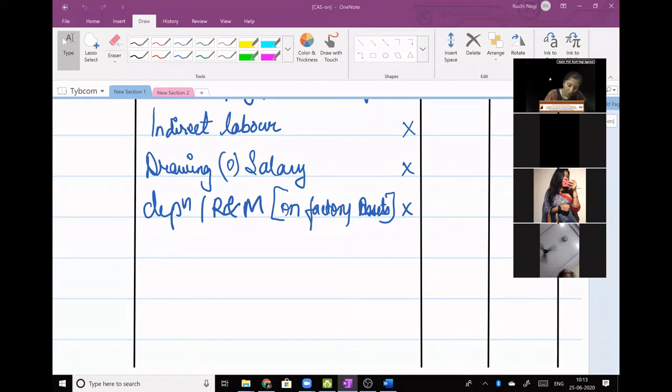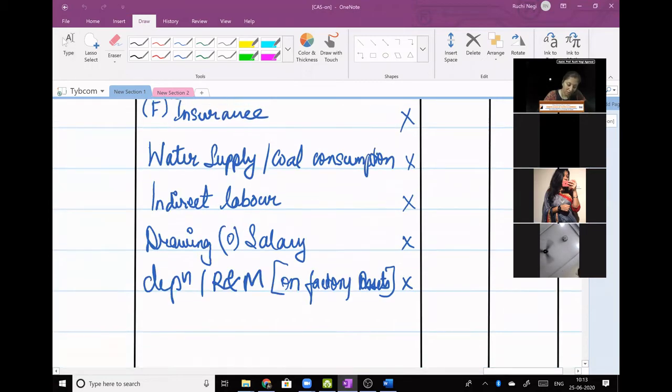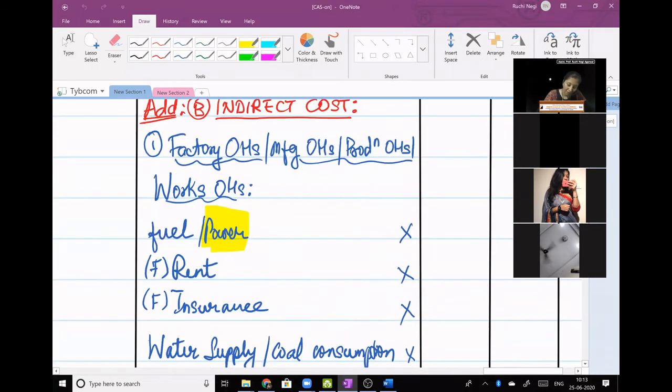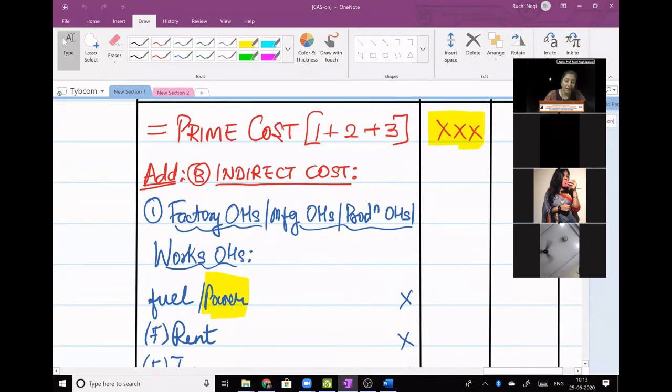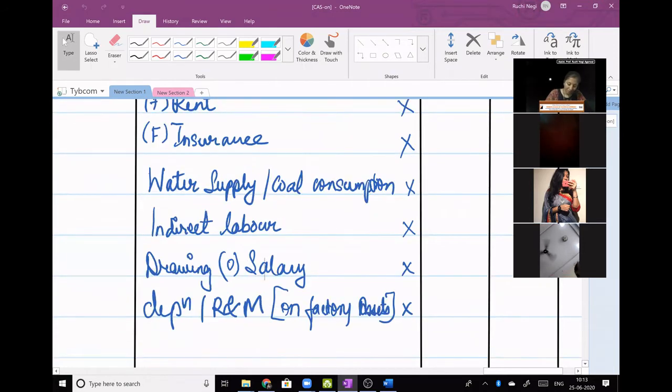Okay, good. Now, after prime cost, indirect cost will come. Yes, dear. After prime cost, add indirect cost, and under indirect cost, first is factory. See like this. After prime cost, the second part of the cost sheet is indirect cost, and in that first it is factory. Clear? Okay.